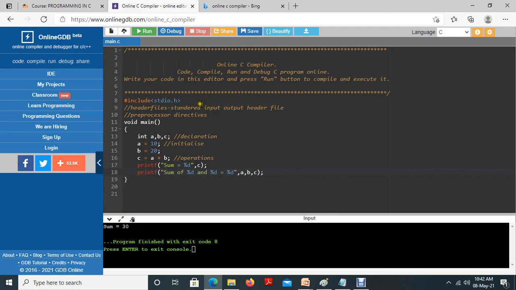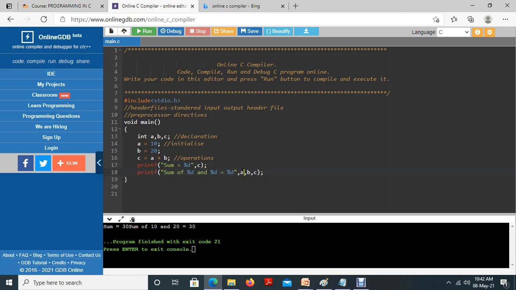Now we are going to print the value. The first printf statement, we didn't omit it, prints the value 30. No problem with that, we discussed it already. The second printf statement is sum of 10, because we mentioned it like that, sum of %d, so it's an integer value.